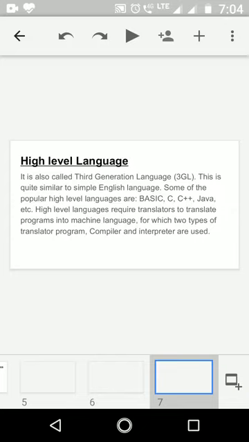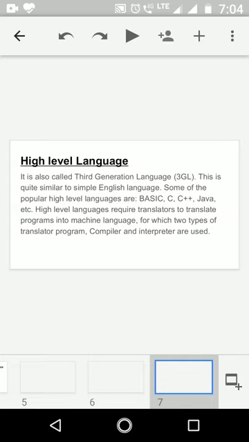As per the requirement of the programmers, it was quite difficult to work on machine language as well as on assembly language. So some high level languages were developed like BASIC, C, C++, Java, etc. These are written in general, simple English language, and then there are programs which translate it into machine language. The two types of translator programs are compiler and interpreter. They not only translate it into the machine language but also check for errors.